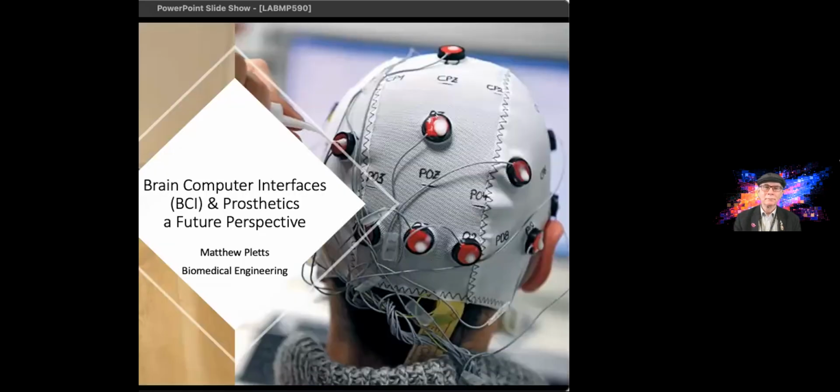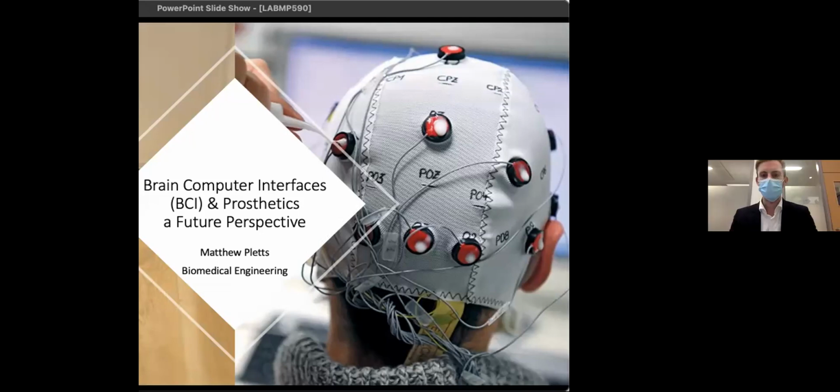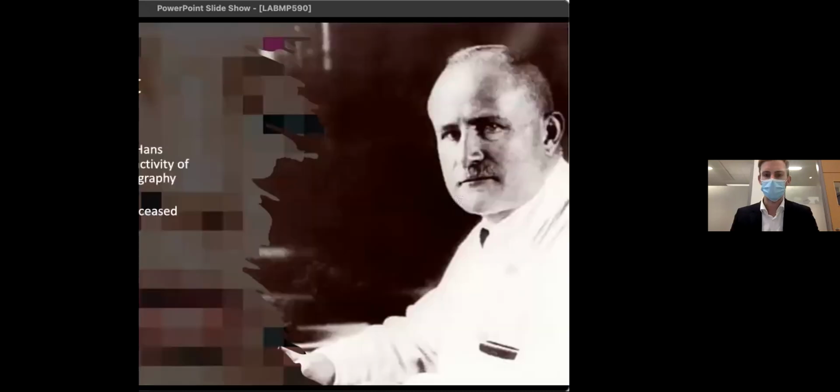My name is Matthew Pletz, and today I will be discussing brain-computer interfaces and prosthetics from the perspective of biomedical engineering. The countdown to the technological singularity is on. One of the ways that the singularity may be achieved will be through transcending biology with the use of advanced brain-computer interfaces and prosthetics. The recording and functional usage of electrical activity generated by the brain is an area of investigation in which many fields, including biomedical,